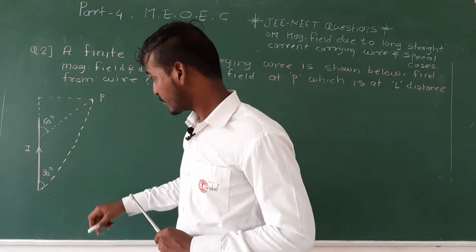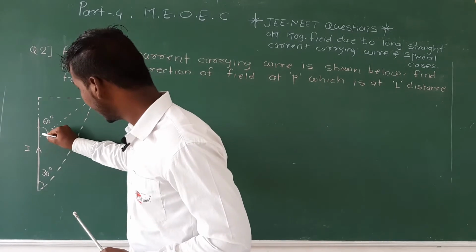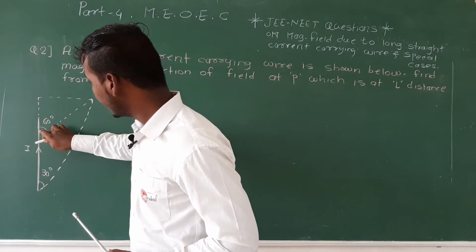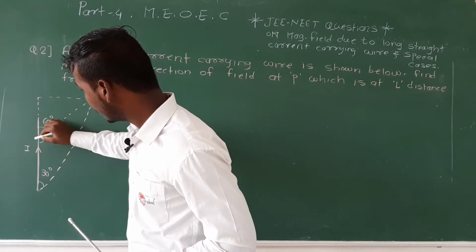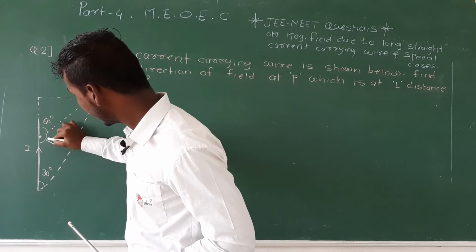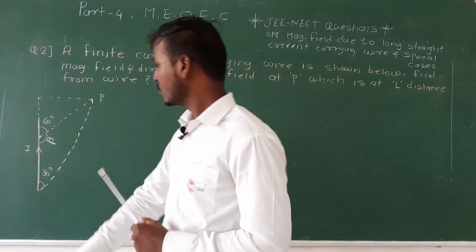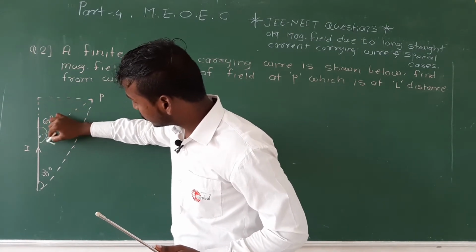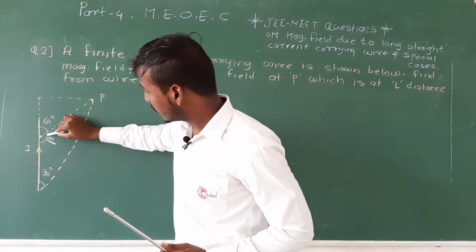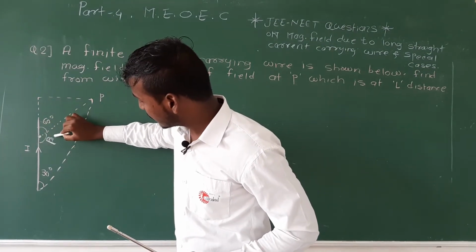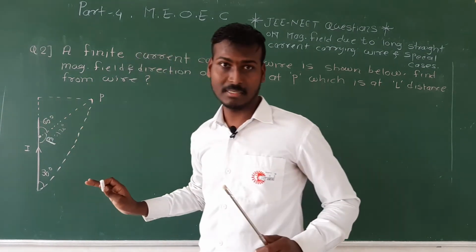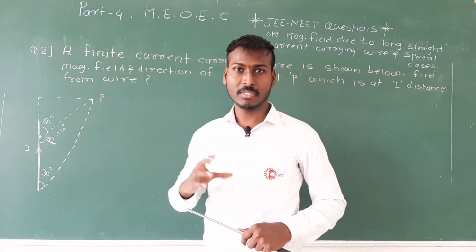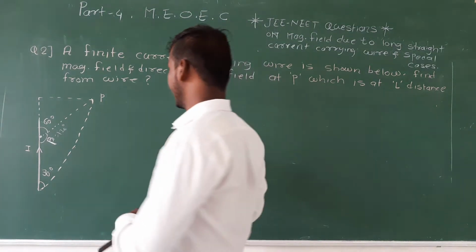So see carefully, this is the beta angle, because you can see here the element is ending here. So this is the beta. So we have to find out the beta. You can see that this angle is given as 60 degree. Definitely this total angle is 180 degree, pi. So definitely 180 minus 60 is nothing but 120 degree. That's it, nothing more than that. Once you come to know what the angles alpha, beta or theta 1, theta 2 are, it's easy to find out the solution.